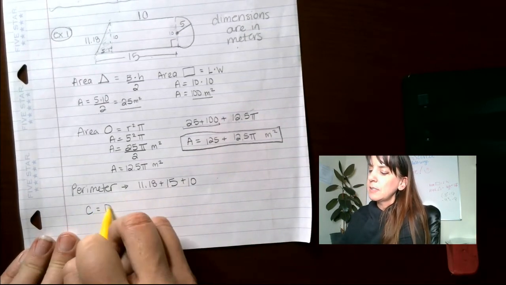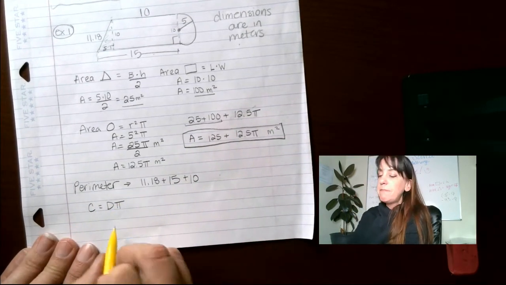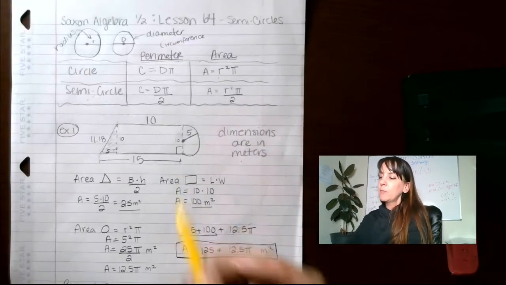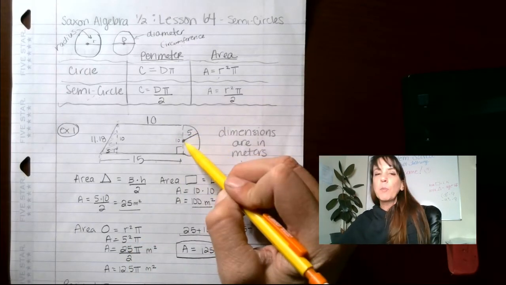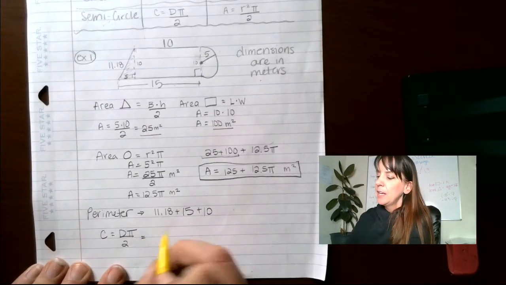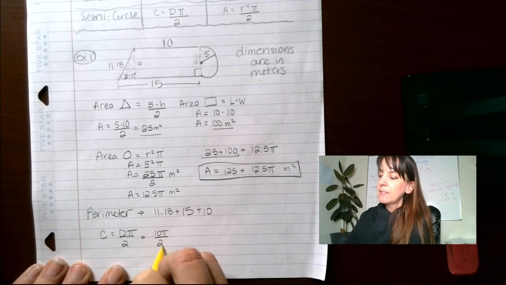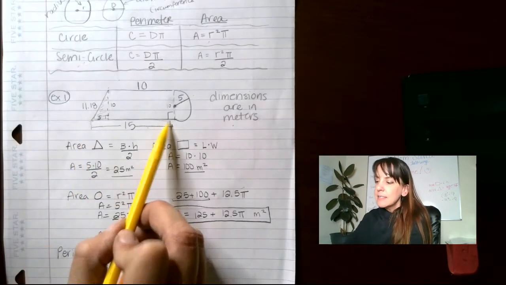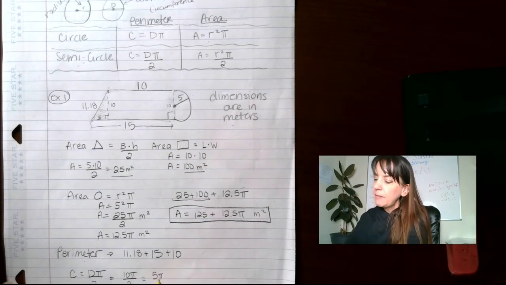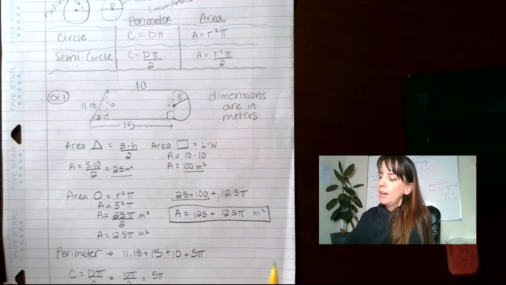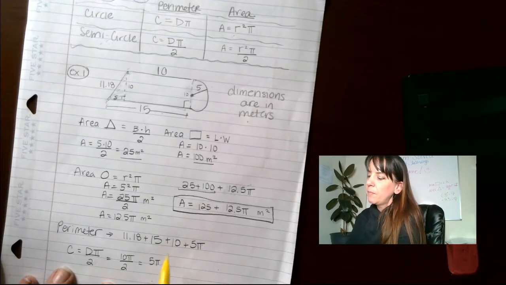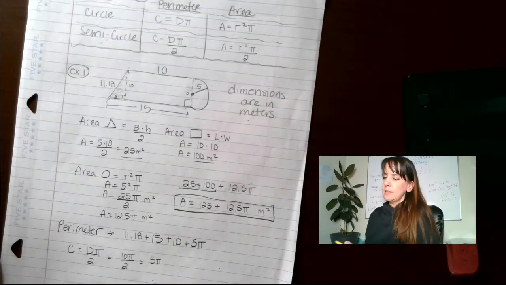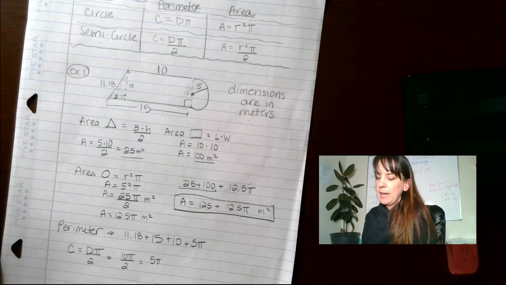Circumference equals, or cherry equals delicious pie, divided by 2, though. We can't forget to do that part. When we come back up here, our diameter here, if our radius is 5, our diameter is going to be 10. So this is going to be 10 pi divided by 2, which gives us 5 pi. So our perimeter is this plus this plus this plus 5 pi. Okay, so what we should do here is we've got 11.18 plus 15 plus 10 equals,